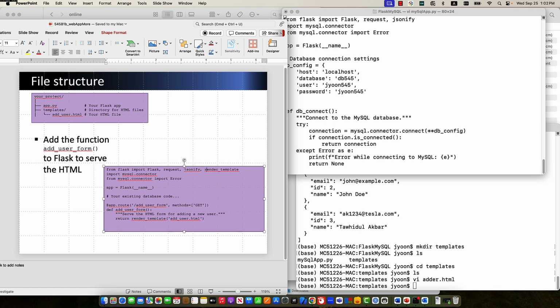Then I need to say render_template. Render templates, and all other the same, but one more thing that you have to do here,